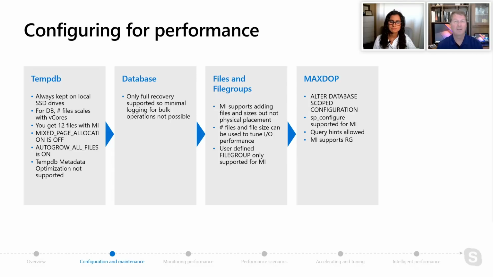Max degree of parallelism is another important concept for configuration, and we have a really good story here in that pretty much everything you can do with SQL Server, we support through either Azure Database or Managed Instance. Just know that there are some limits. Depending on your vCore choices, we may limit what that max DOP can be. But I believe all the choices are there for the parallelism you need, especially when it comes to configuring max DOP to not go too far. If you want 8 vCores, we support a max DOP of 8, but you can tune it and configure it through all these different options, including query hints, which are supported through T-SQL.